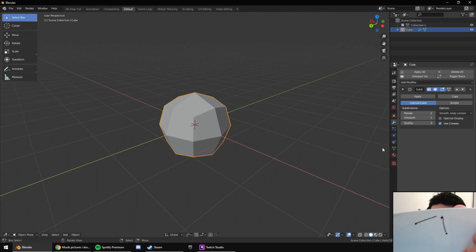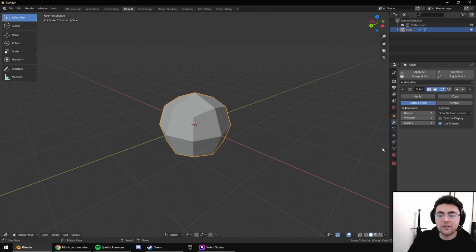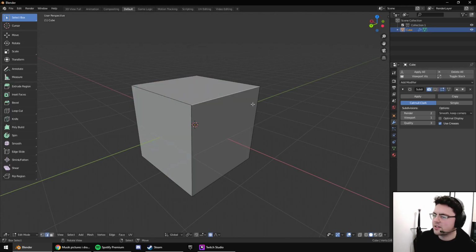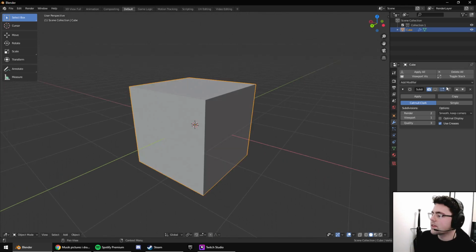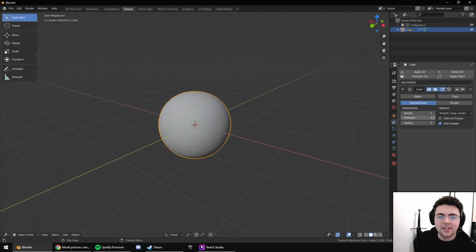What subdivision does is, per level of subdivision, currently I'm set to 1 in my viewport, it will add additional ones here, and it will automatically join them and then sort of hide the excess. And with enough layers, this eventually becomes a rounded thing, much like beveling was when you scroll on the bevel. So hiding this is essentially the same process, right? And if I scroll, this is 2 subdivisions, 3, 4,